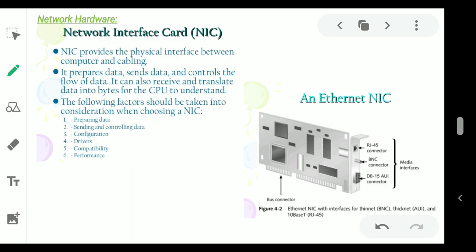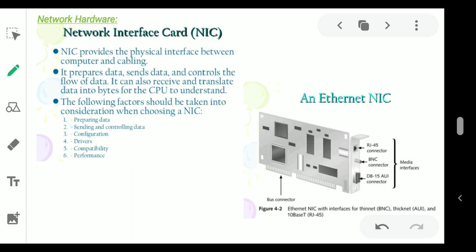Today we will know about the NIC card. NIC stands for network interface card, or you can say it is a LAN adapter. It functions as an interface between the computer and the network channel. It is through the NIC that a computer connects to the network. The NIC is either present as an expansion card connected to the slot on the motherboard of a computer, or it can be present on the board as an inbuilt chip.